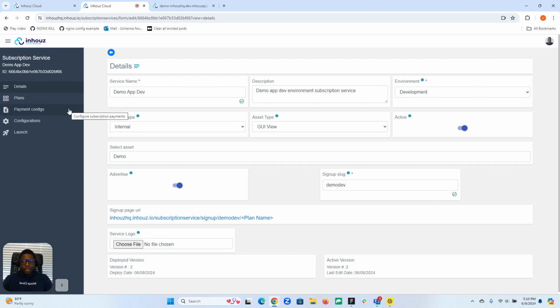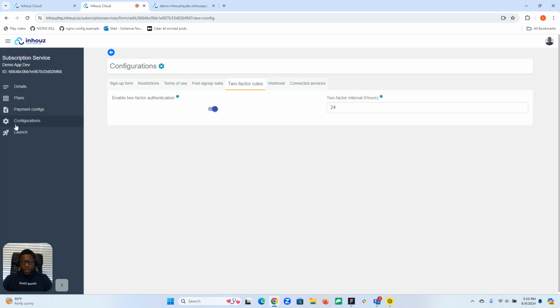To look at the two-factor configuration, all we need to do is go to the configurations and go to the two-factor rules tab. Currently, there is no real way to customize the two-factor authentication specs. There's no way to decide if you want it to be just mobile or email. Right now it's strictly email-based two-factor authentication, meaning that when a user tries to log in, they get a message sent to their email with a code, and then they would have to put in that code to